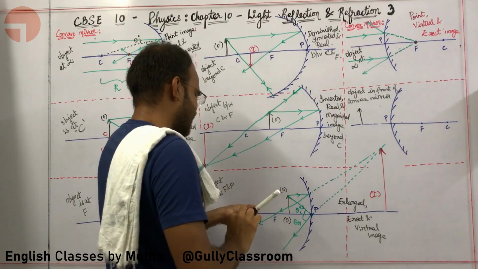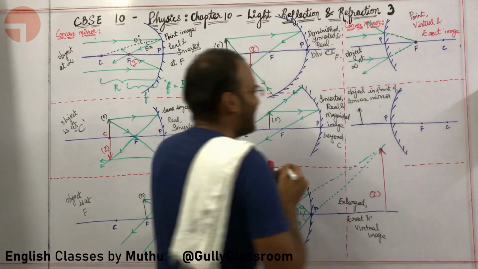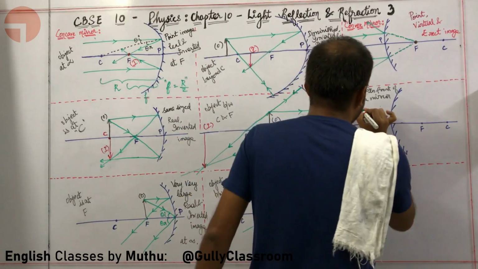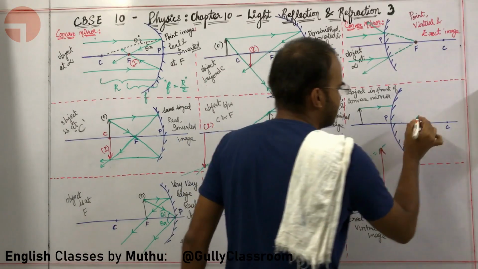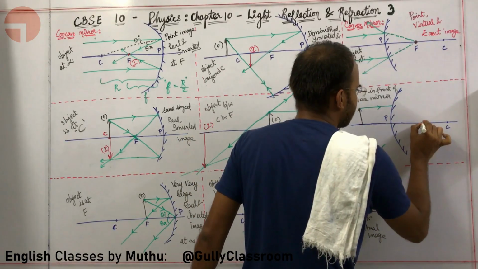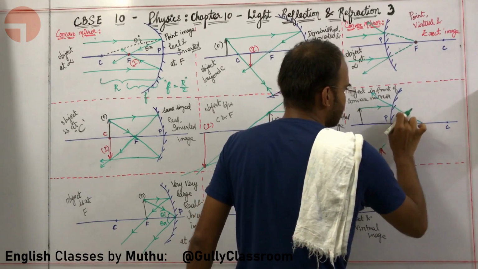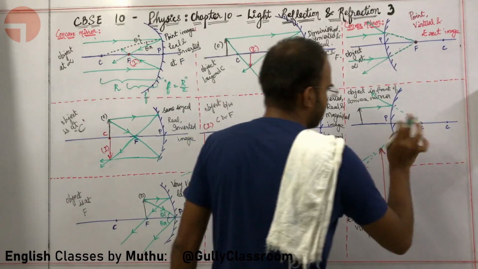Are you comfortable with what I just did? Yes, sir. But you could do a better work, you know. You need to draw better. I am attempting a better work of it. Okay, let us do a parallel line. When a light ray is parallel to the axis of the convex mirror, it will be reflected in such a way that it appears to come out of the focus. Okay, sir. That is fine.